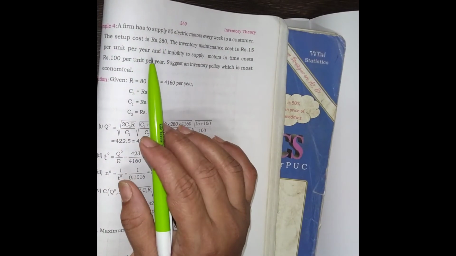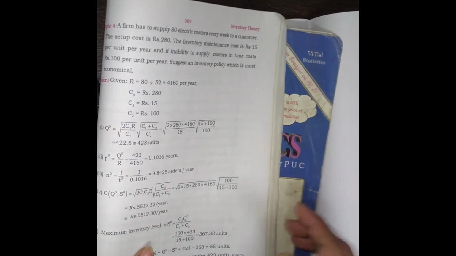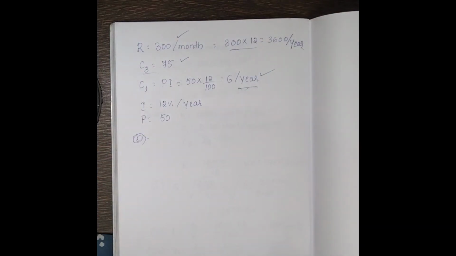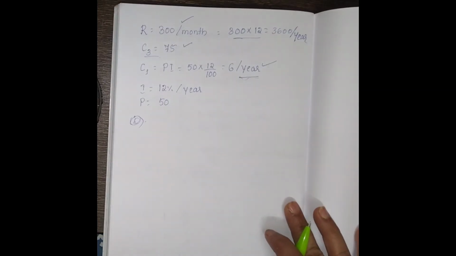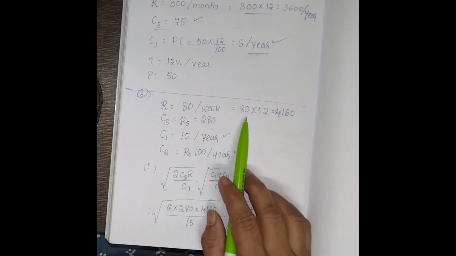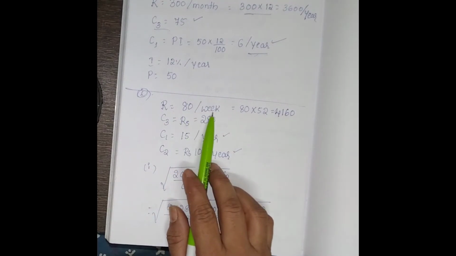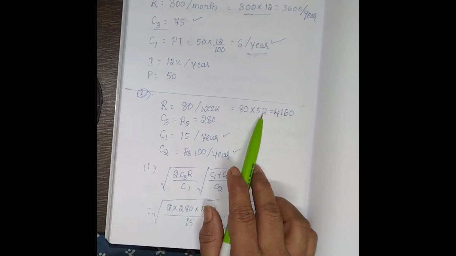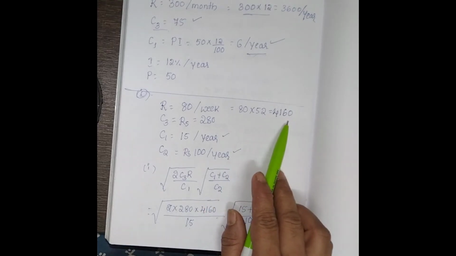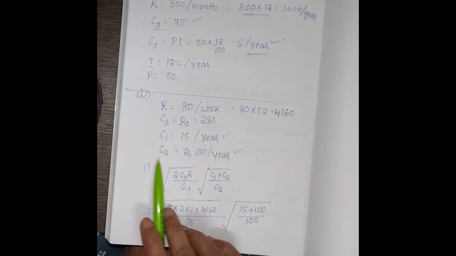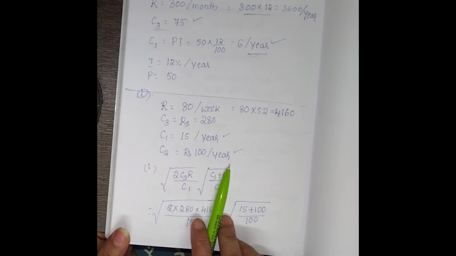Then here what is given? Penalty cost, inability to supply. Here if you have to convert this, 80 per week is given, 80 into 52, that is 4162. 52 weeks means you are multiplying, so that it comes as per year. Then C3 is a setup cost, C1 is a maintenance cost, and C2 is a penalty cost or inability to